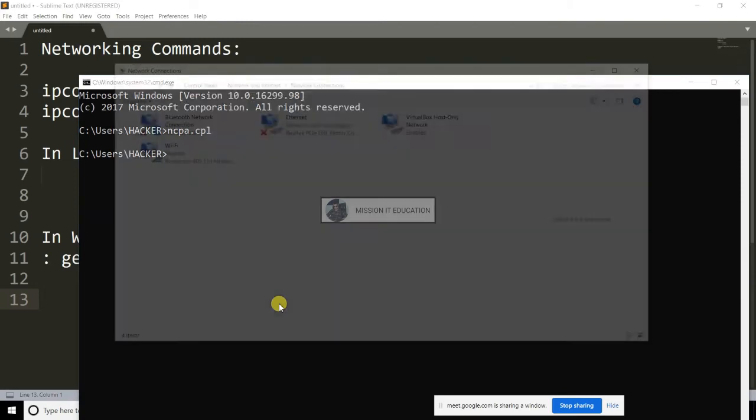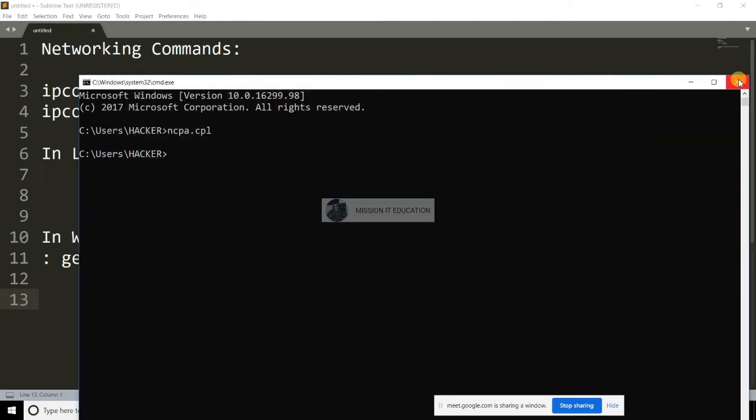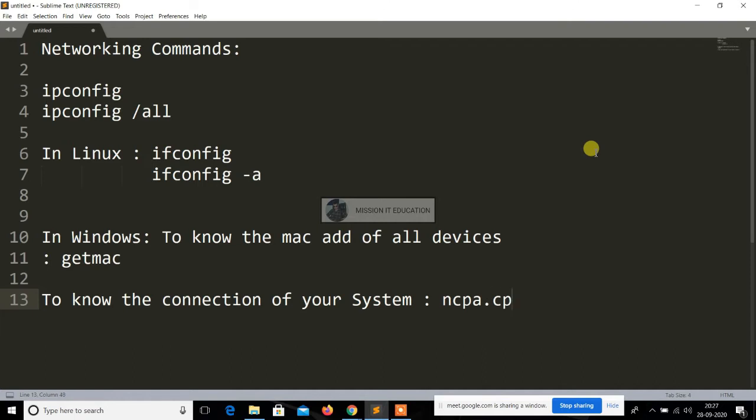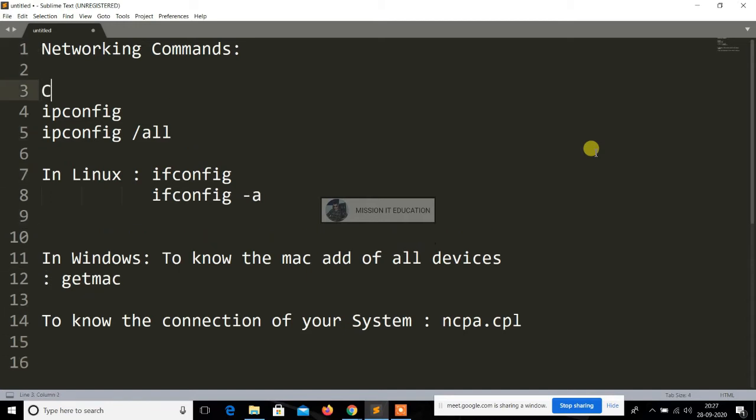It shows the complete connections of your system, which connection you are using for the internet. It is very useful because otherwise you go through your system, check where your connection is, and get confused about how to find the proper thing. So we use the shortcut ncpa.cpl to know the complete information about your connections. That is very helpful for your connectivity.